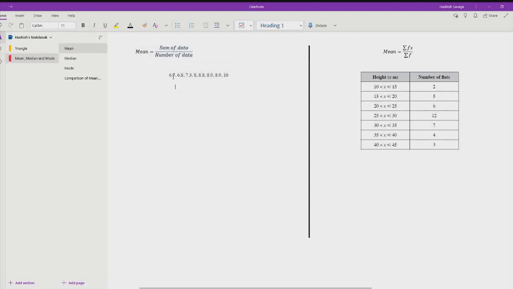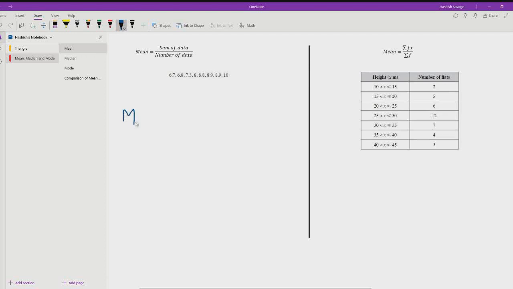For example, if this is a set of values: 6.7, 6.8, 7.3, 8, 8.8, 8.9, 8.9, and 10. If I give you these values and ask you to find the mean, then you should simply